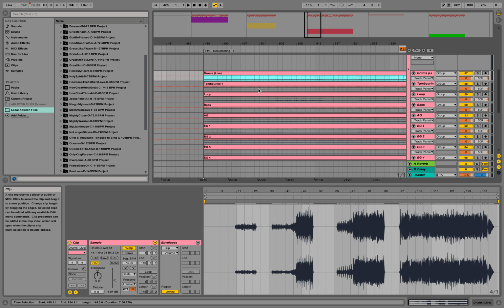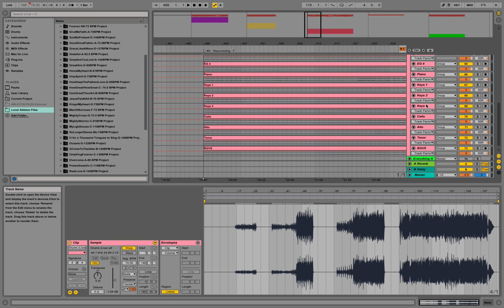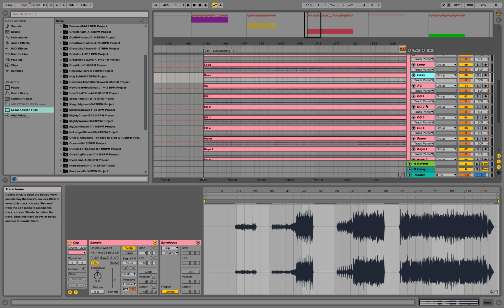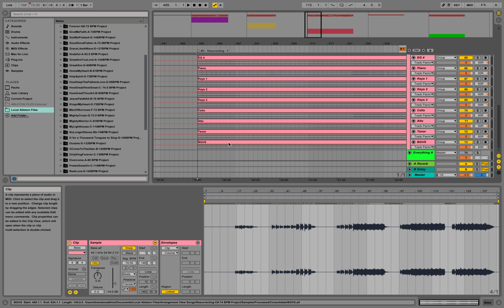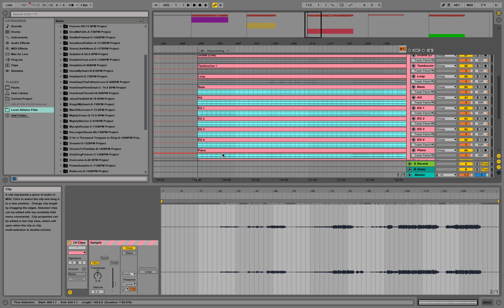So we're going to come to the first tonal instrument in our group, in our stack of tracks here, which is the bass. Drums is non-tonal, tambourine is non-tonal. Loop typically is like a percussion effect kind of a thing. So bass is, in this case, the first one that needs to be transposed, and usually after that first one that is tonal, all the rest of them are tonal. It's just, 99% of the time it's organized that way. So you can just grab the top one of tonal instruments, scroll down to the bottom, and shift click on the bottom one. Now I've got all of my tonal instruments selected,